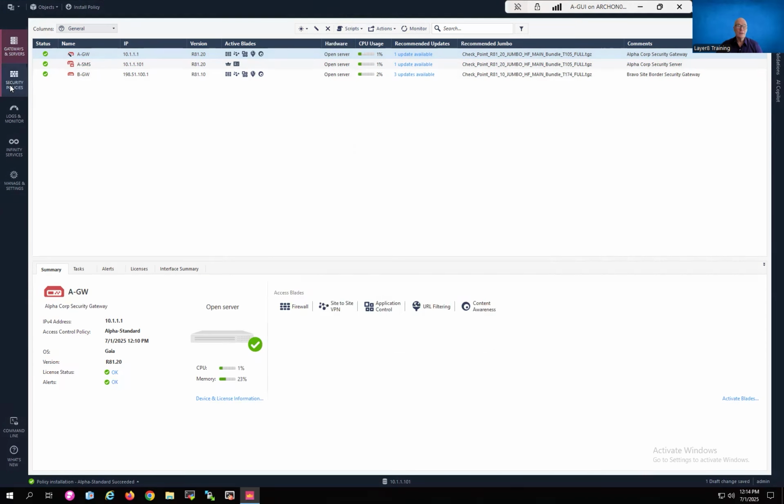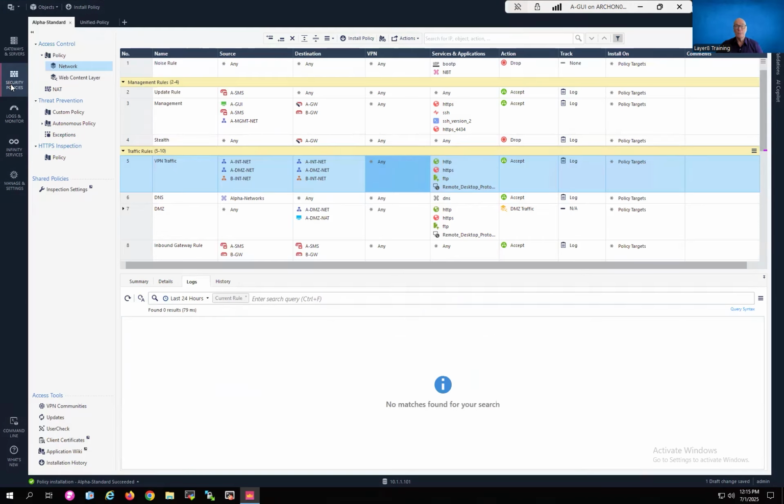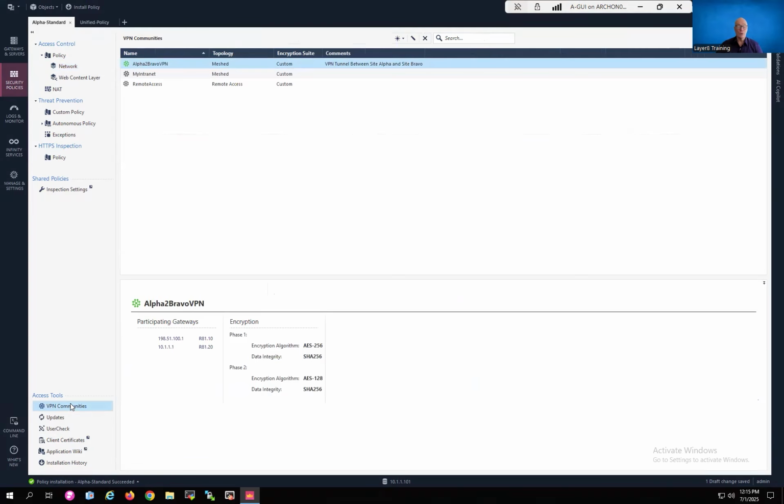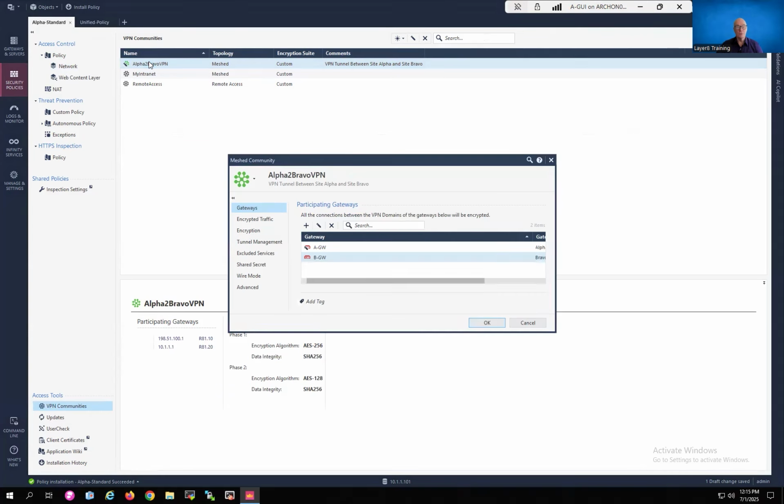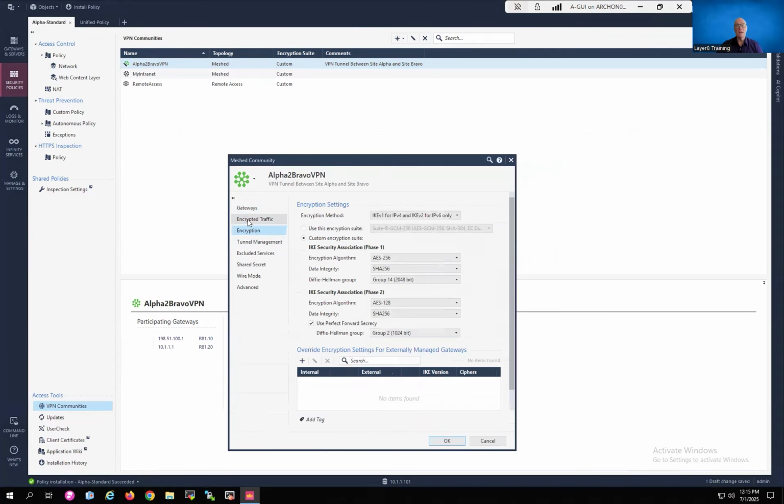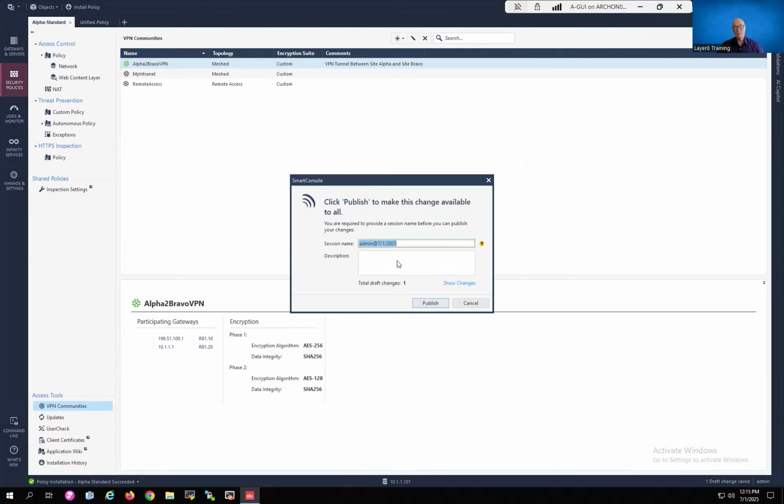Step 2, define the VPN community. Go to your security policies, go to your access tools down in the lower left-hand corner on VPN communities, and add in a new star or mesh community. Once the community has been created, you then import your gateways, define your encryption and any additional settings, publish your changes,